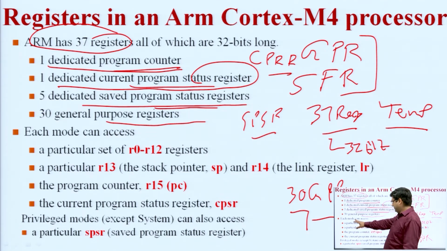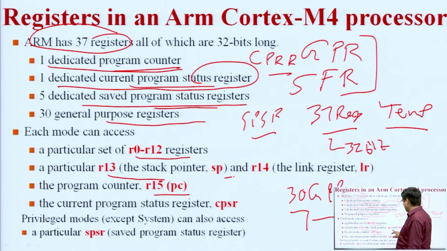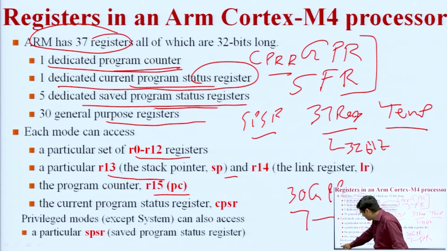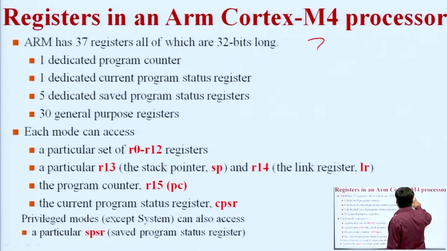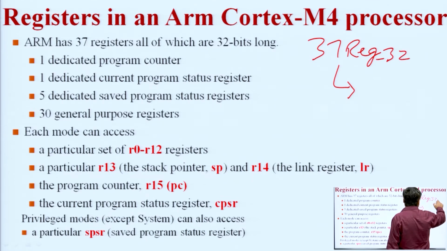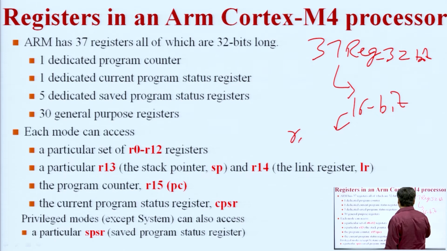So each mode, we are talking about the 7 modes, can access R0 to R12 registers, R13, R14, and R15. So what is happening is that out of 37 registers, we are talking about the 16 registers that are used in our ARM processor. Okay, I am erasing the rest of the things in this slide. So out of the 37 registers, each of 32-bit, I am summarizing the things here, we are using 16 registers, and out of these 16 registers, 13, R0 to R12,